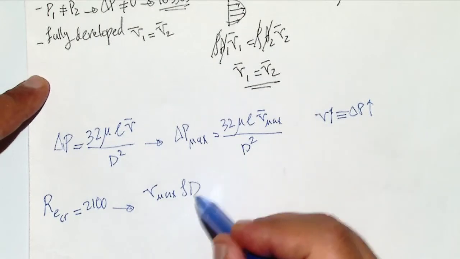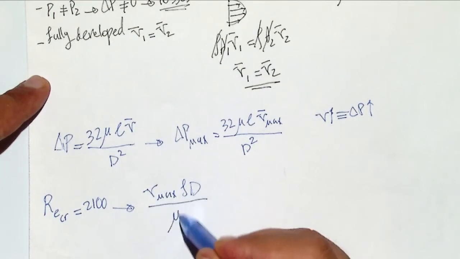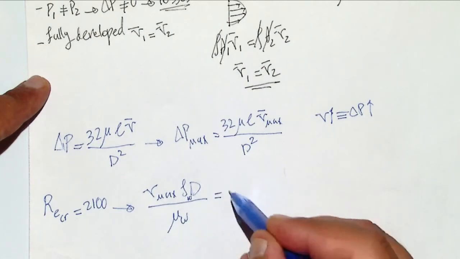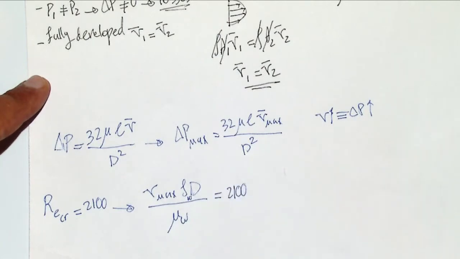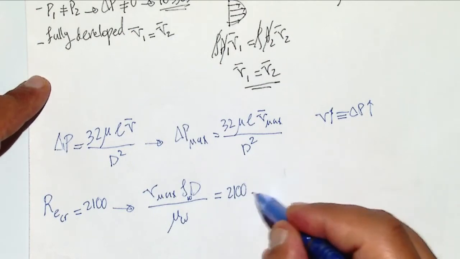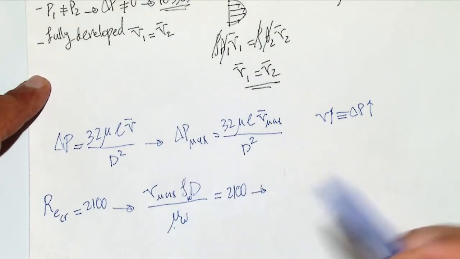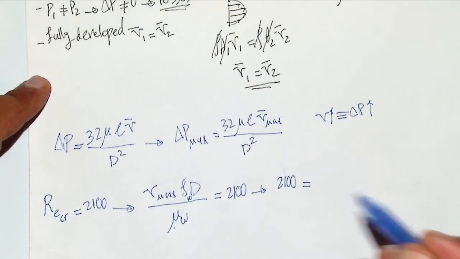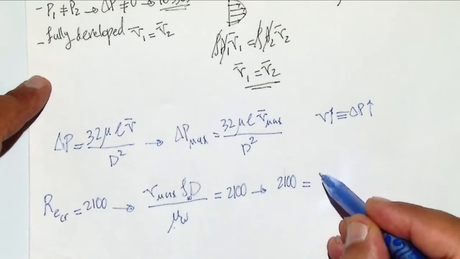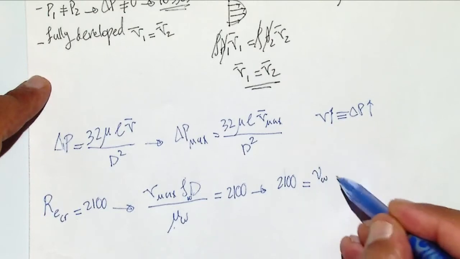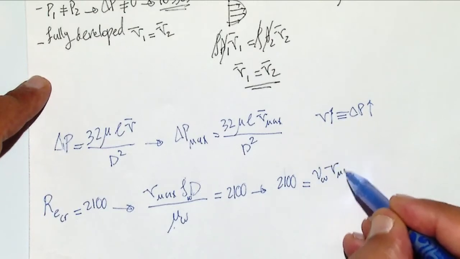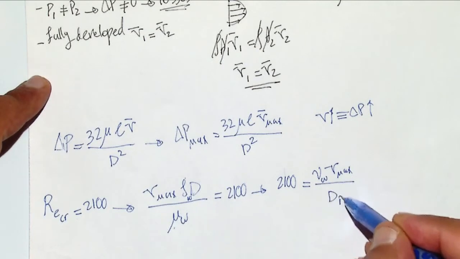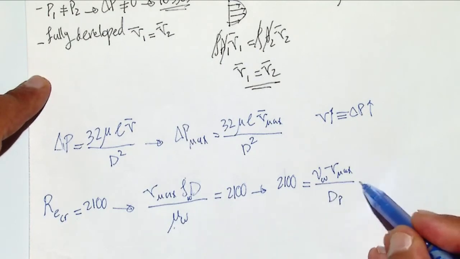Rho D times velocity over mu of the water has to be equal to the critical Reynolds number. That's why, if you replace these with nu, you can say that 2100 for the critical Reynolds number has to be equal to nu of water times V max over D of the pipe. Okay, then V max